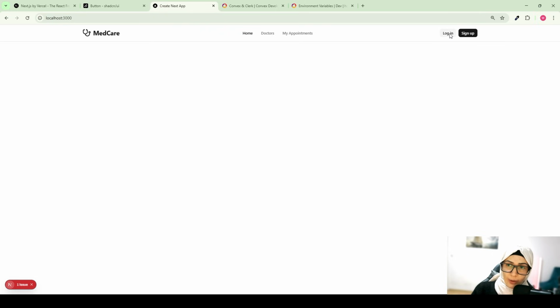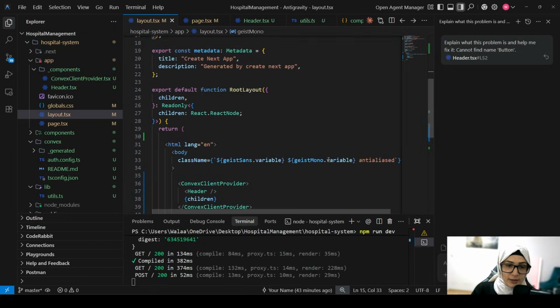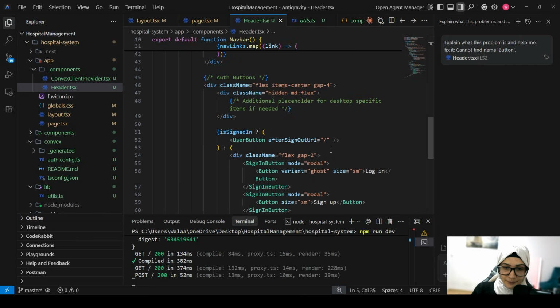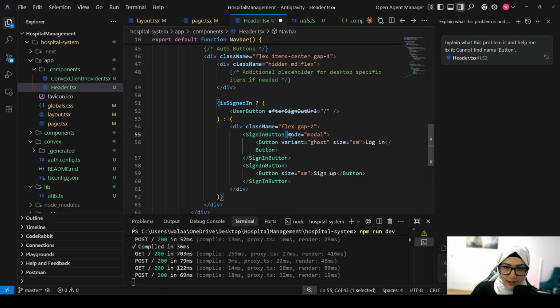Let's try to log in. And if you can see, this form comes from Clerk. And by the way, this overlay you are seeing here right now and this style comes because we are using here inside header. Let me go back. We are using here mode model. If I remove it from sign in button,